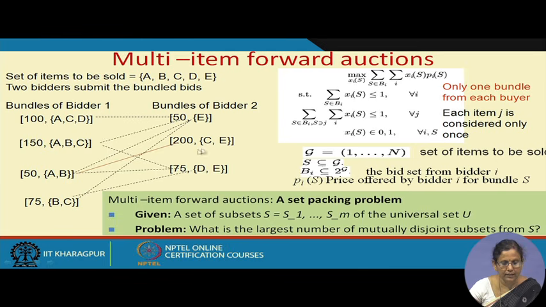Now, if I go for this bundle A, B, C and C, it is not possible. So, all the possible bundles are now connected, out of which this solid line connects these two, A, B and C, E. Here I am getting 200 rupees, here I am getting 50 rupees. So, one item is not getting sold, that is D, but that is fine with me,